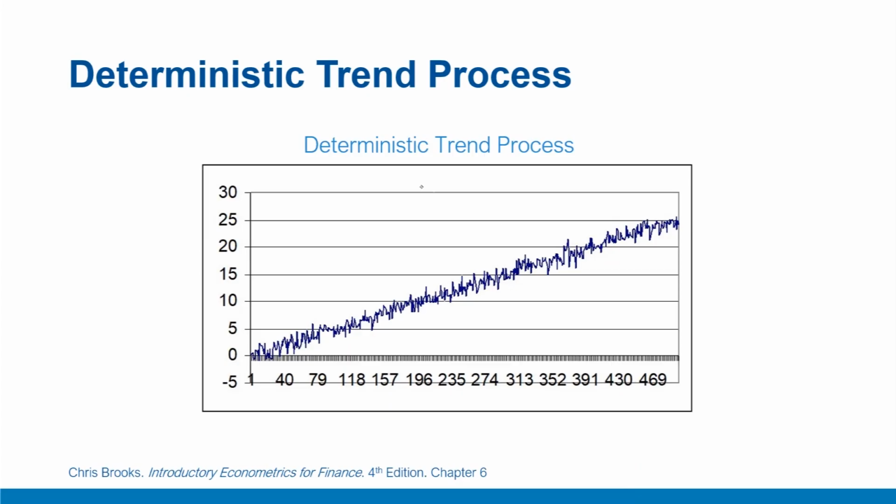Next, let's look at a deterministic trend process. Now, while this process fluctuates a lot like a white noise process, it fluctuates around that deterministic trend. So it fluctuates very frequently around that deterministic trend. If we detrend this process, the residuals will fluctuate like this, because once the trend has been removed, it becomes very close to a white noise process.